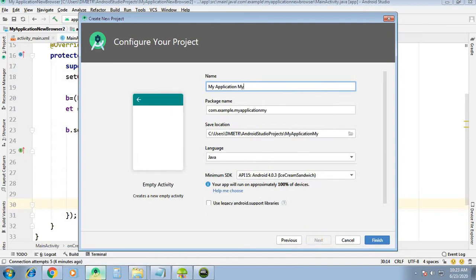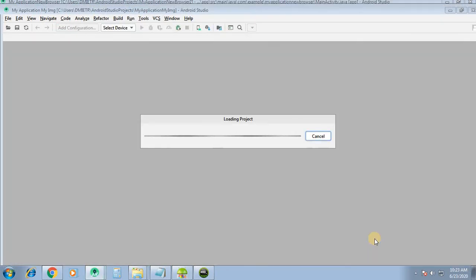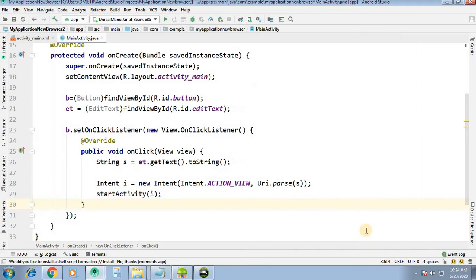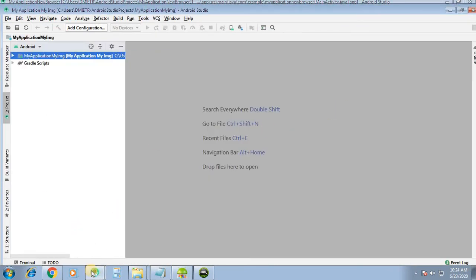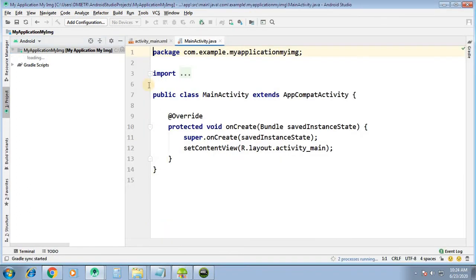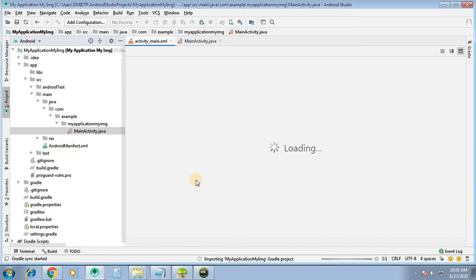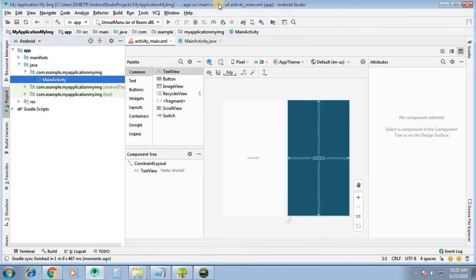Okay, my application, my image, language Java, API 15, and click on Finish. Our project has been loaded now.